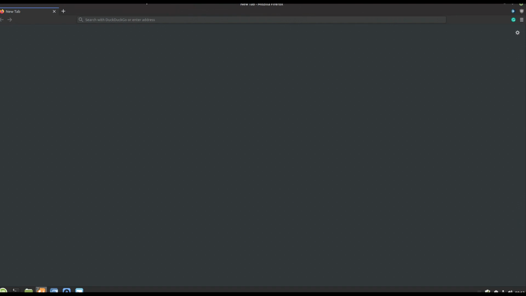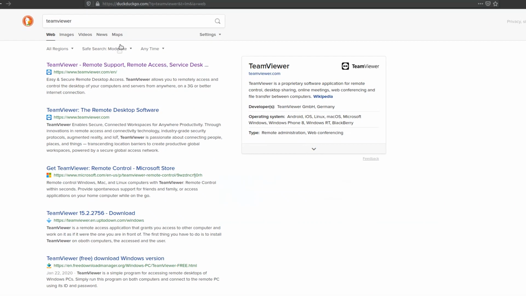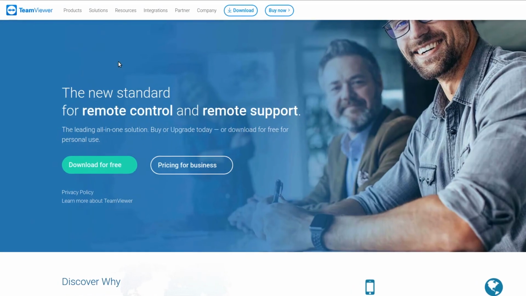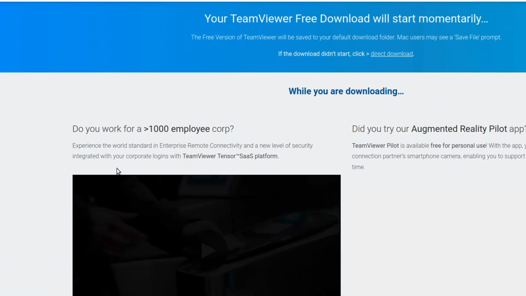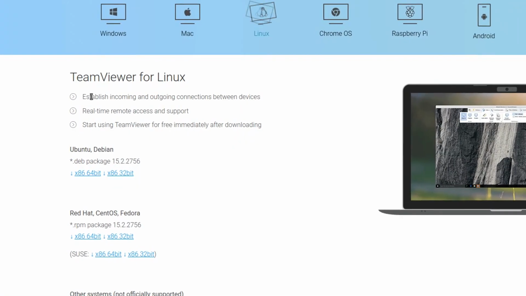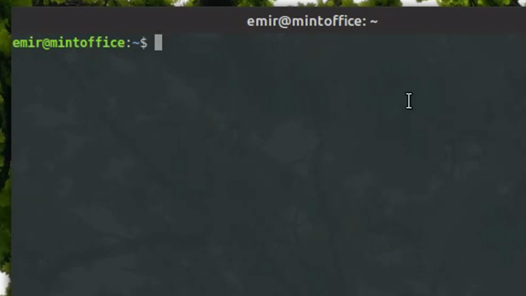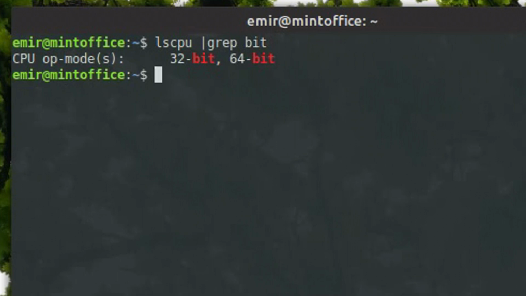Use the link provided in the description down below that will take you to the download page, which will automatically detect your system. But it will not detect the exact package you require. Since we're in Linux Mint, which is based on Ubuntu, which is based on Debian, it means that we need a deb package. If you are not sure which architecture your Linux uses, you can check that by running this command